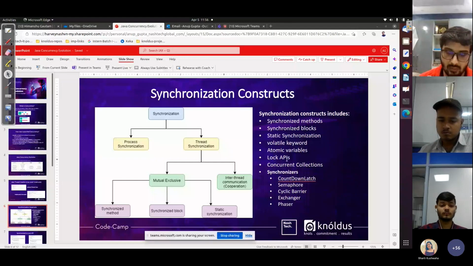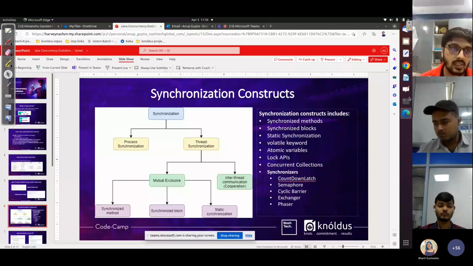So the Lock API can be utilized, or should be utilized, I would say, from the best practice perspective. We should not stick to synchronized. We should go with the Lock API approach. I will talk about it in another slide. And then it has introduced concurrent collections, where it says that if we are using, like in this case, synchronized